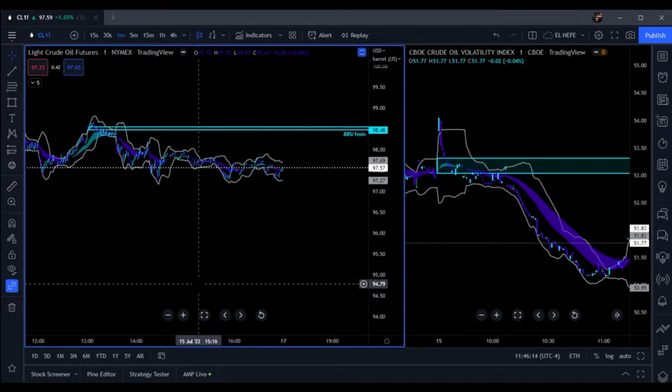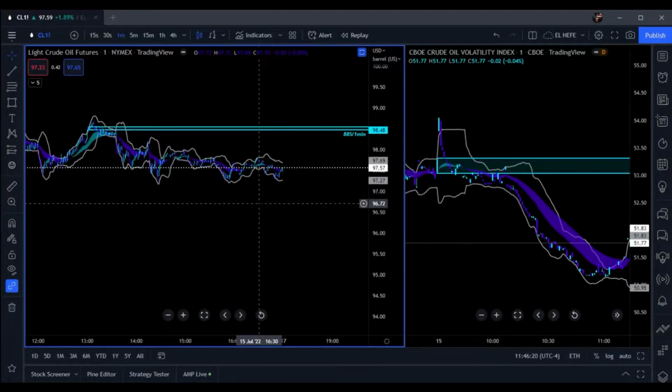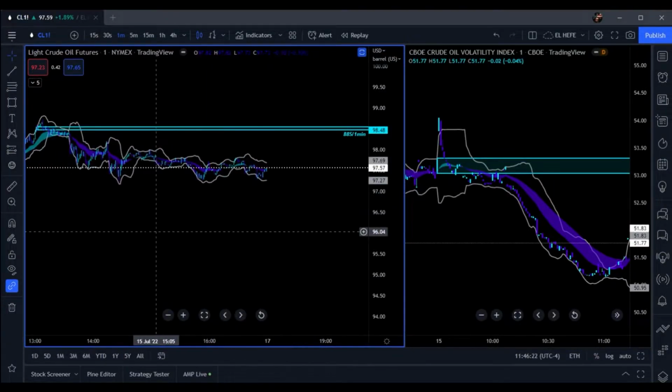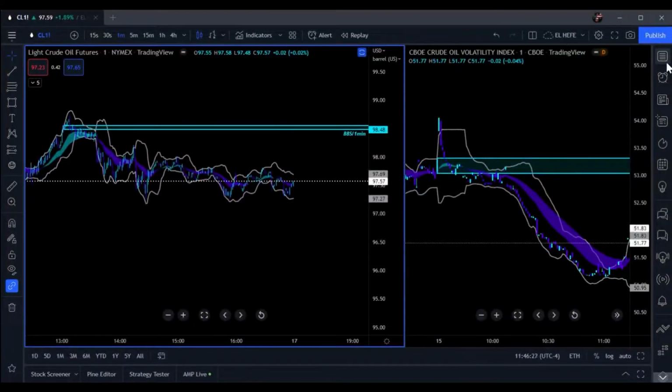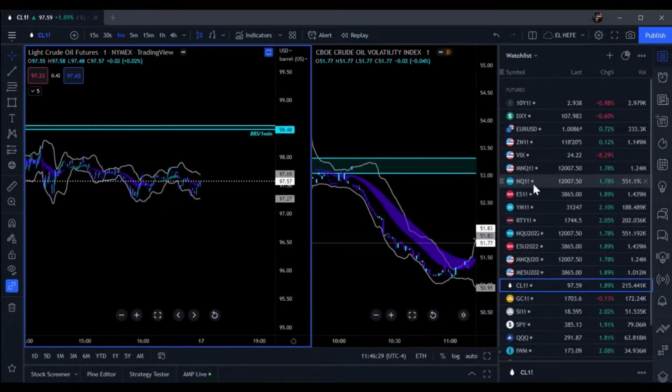I have to actually go into Think or Swim to find that ticker for gold. But anyhow, that's what it is. I think y'all are getting the gist of it. But again, if you're utilizing